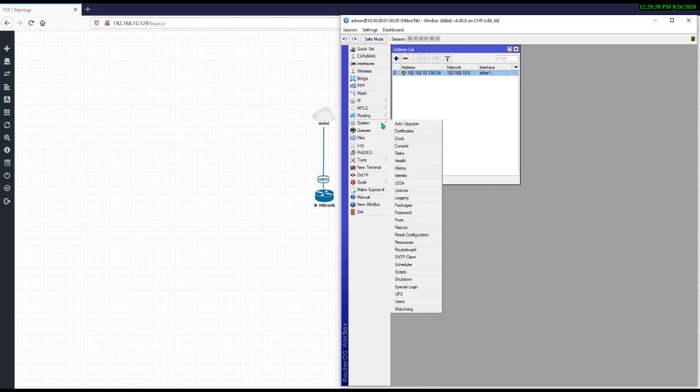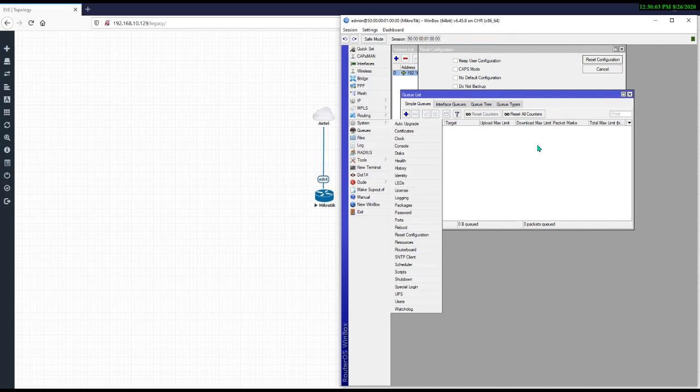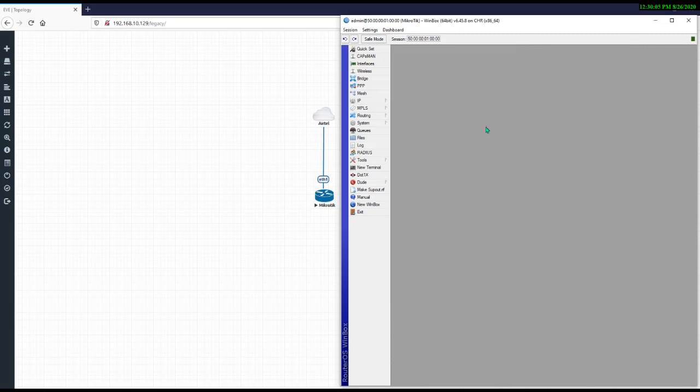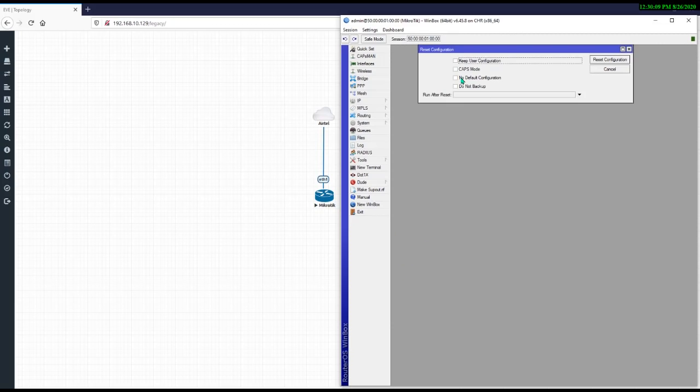So first of all, I need to reset it. Just go to the System option, and here you can see Reset Configuration. Click No Default Configuration. Okay, just click on Reset Configuration, and it is asking, do you want to reset all your configuration and reboot? Yes, we want.